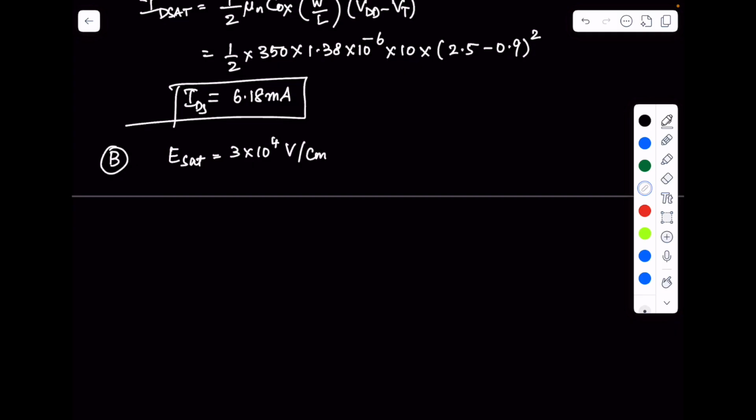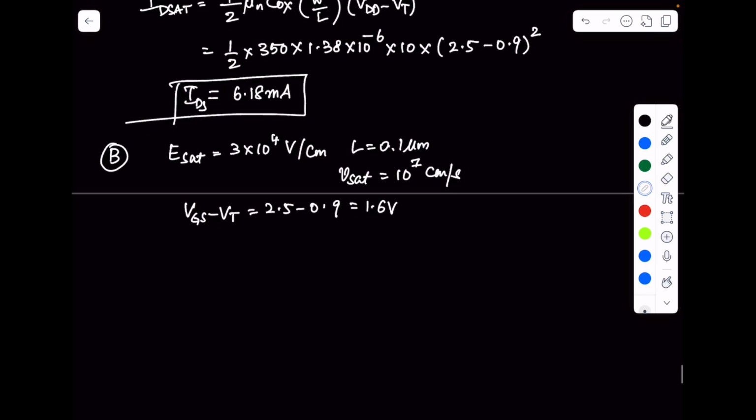L in this case, as I said, is 0.1 micron, right? And your VSAT is 10 power 7 centimeter per second. And the overdrive voltage in this case, VGS minus VT, is 2.5 minus 0.9, or 1.6 volts. So to check how much of this device is actually saturated, what you need to do is look at